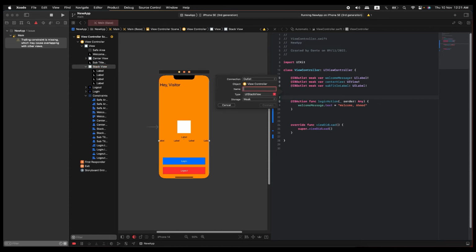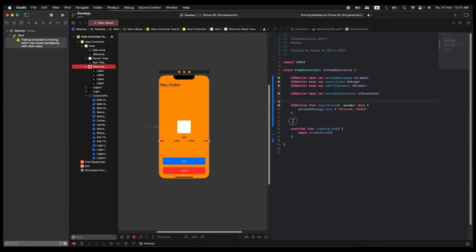Let's just say welcome stack view. Now we want to drag the logout action: Control-drag here, Action, logout, and let's connect. We said that when the user clicks logout, we should change the welcome message text to goodbye,